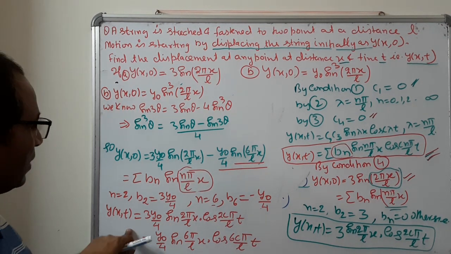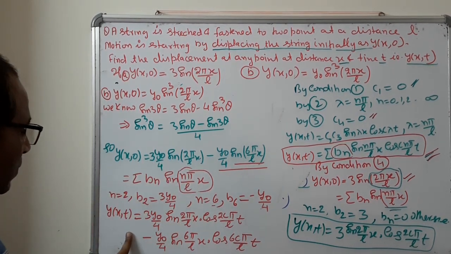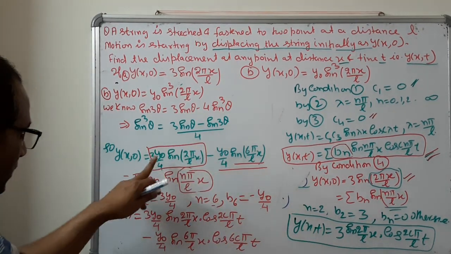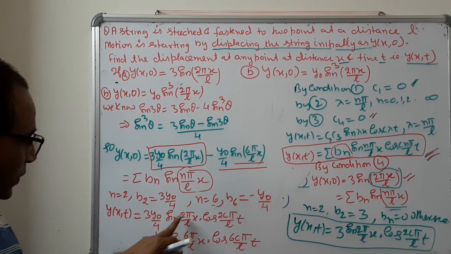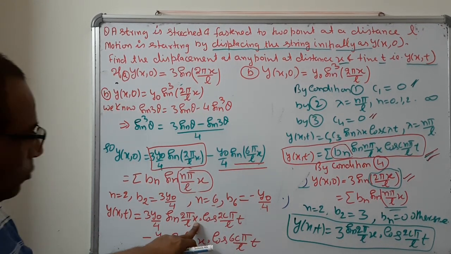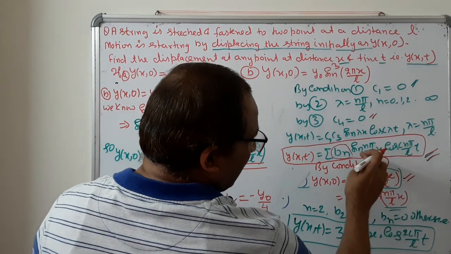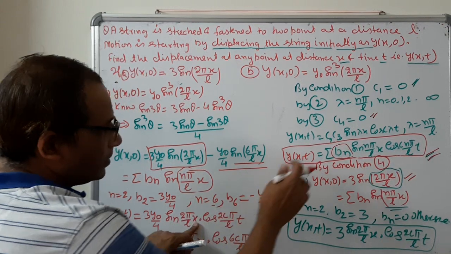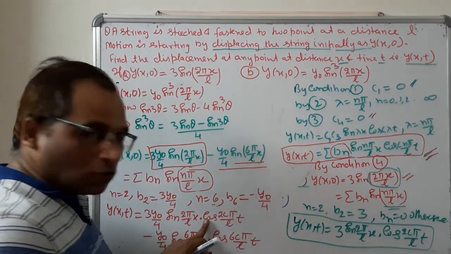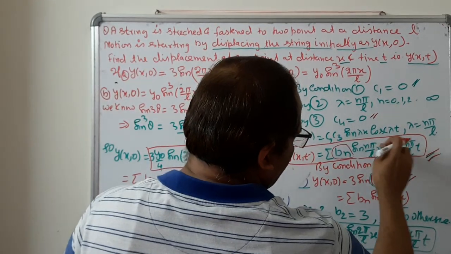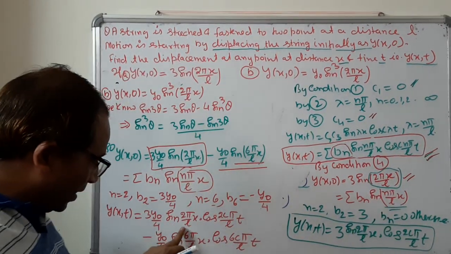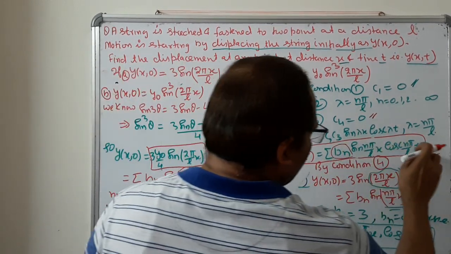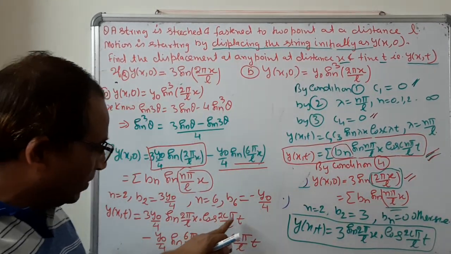You can write this solution by seeing this one directly. You can see that this term is same. You can see here 3 y0 upon 4 sin 2 pi x upon L is same. You have to just multiply the cosine term. And what is the difference between this and this? Only the difference of c. So you write cosine in place of sine and multiply this angle by c. So angle is 2 pi x upon L. So we write this 2 c pi upon L, and in place of x replace by t. So we get 2 c pi t upon L.